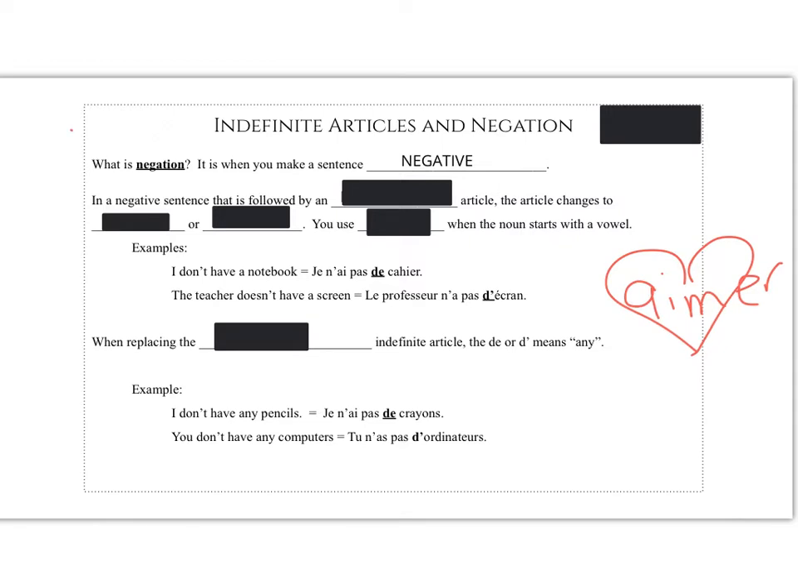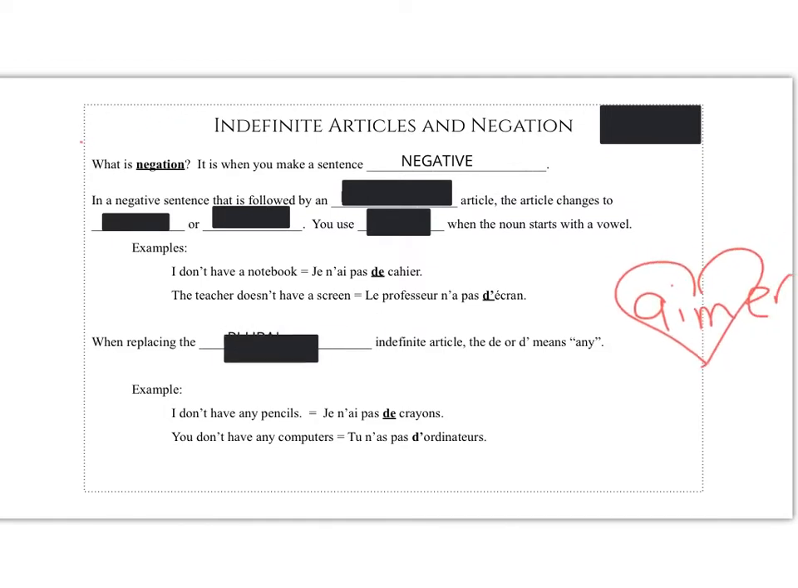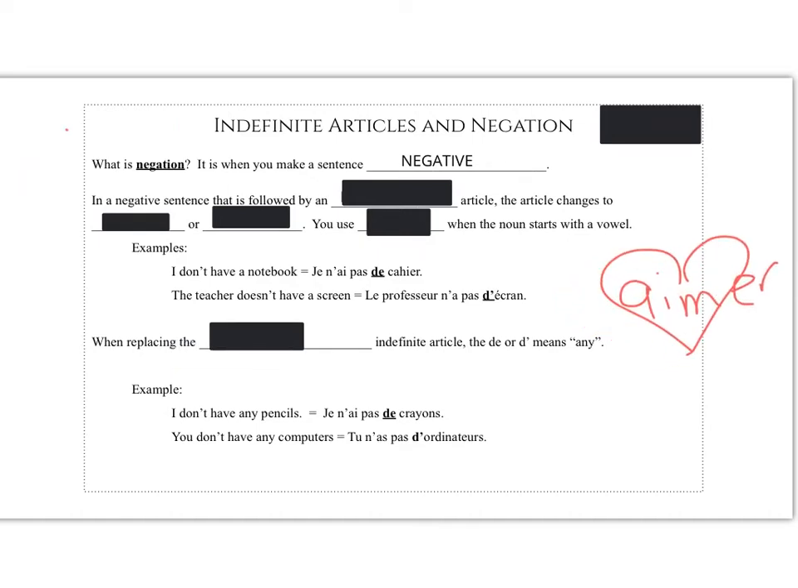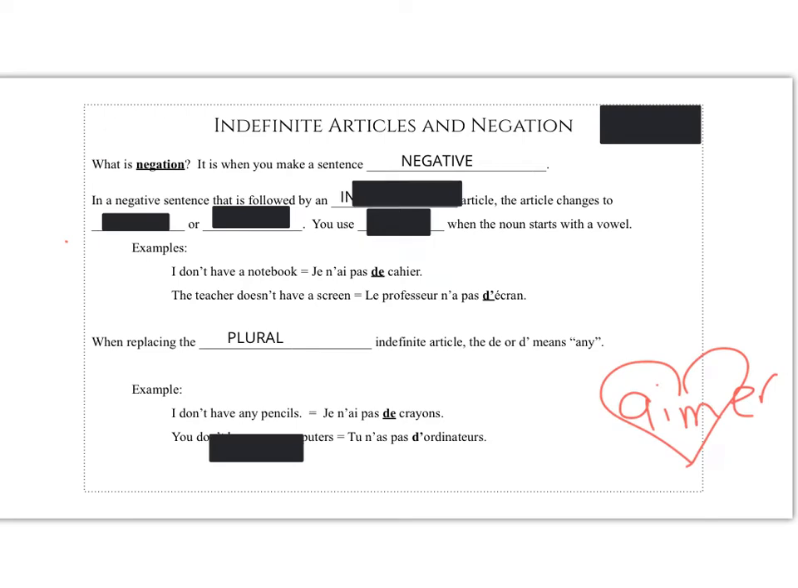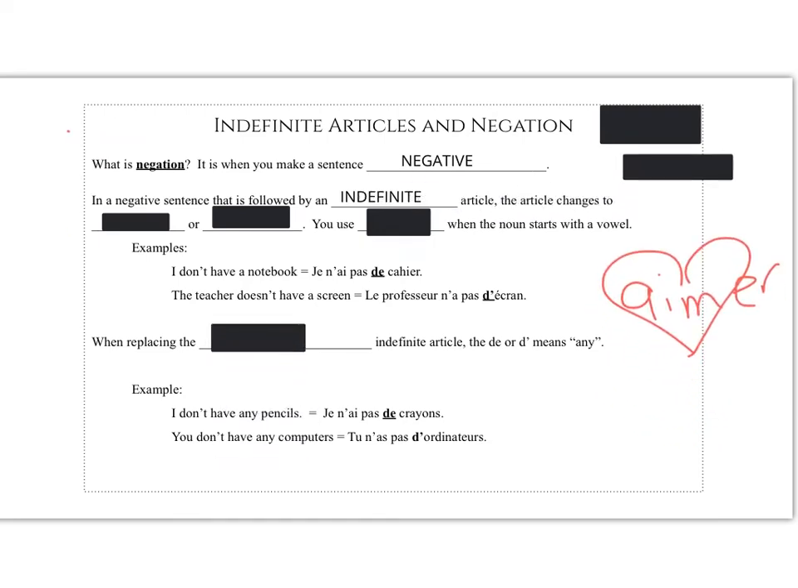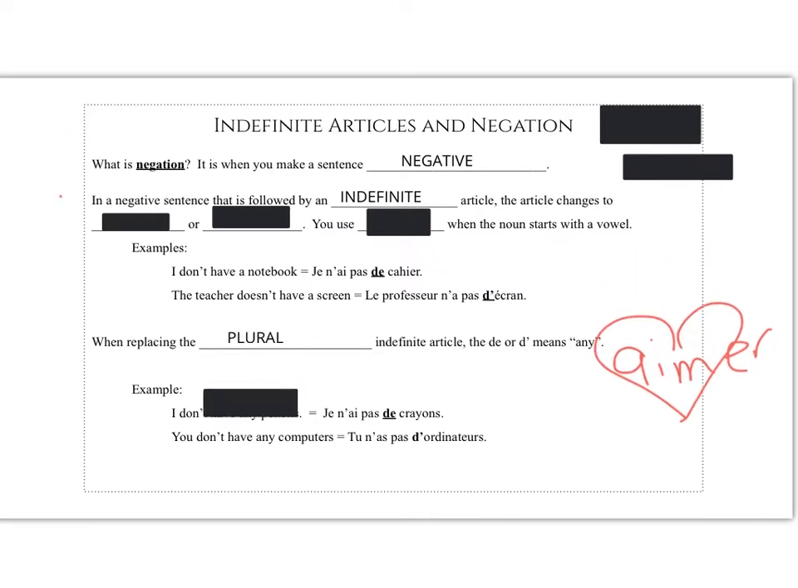So now we know that negation is when you make a sentence negative, which we already know. So in a negative sentence that is followed by an indefinite article, which if you guys can remember, the indefinite articles are un, une, and de. Remember, there's only 3 of them. That might be good to write down right next to indefinite. The article changed to